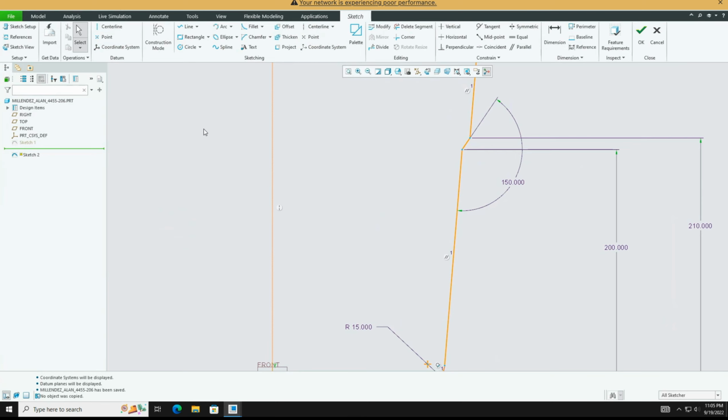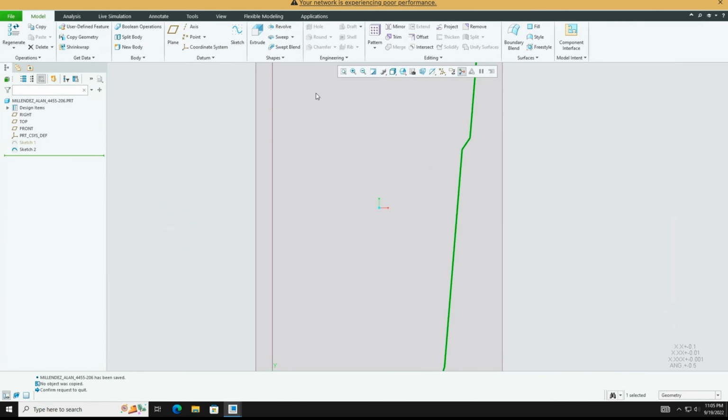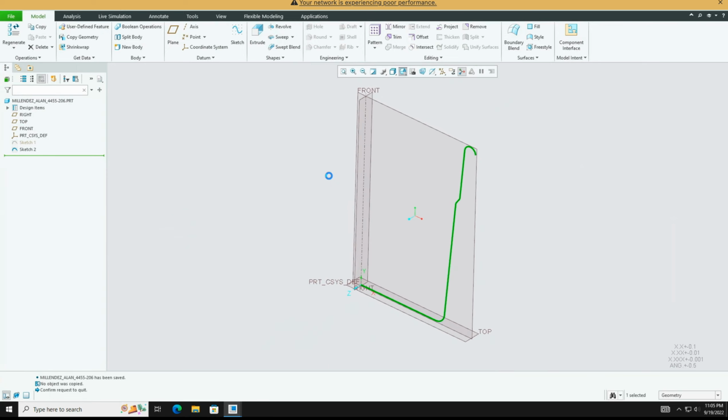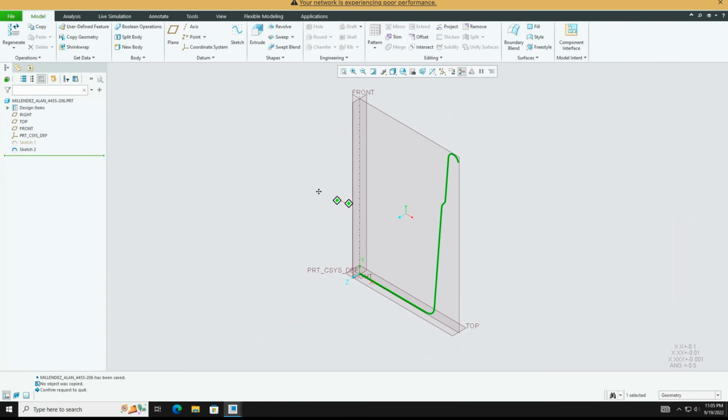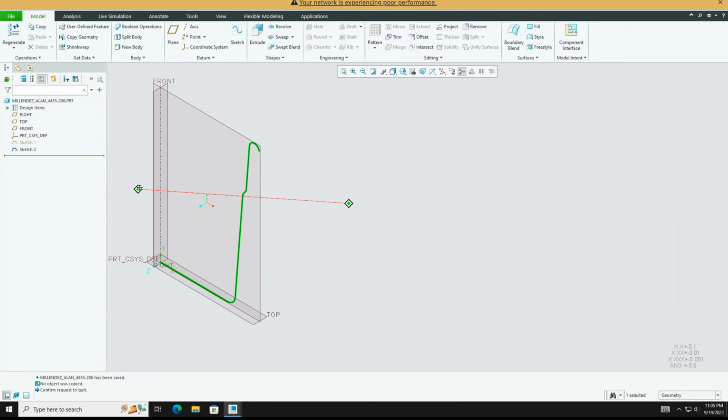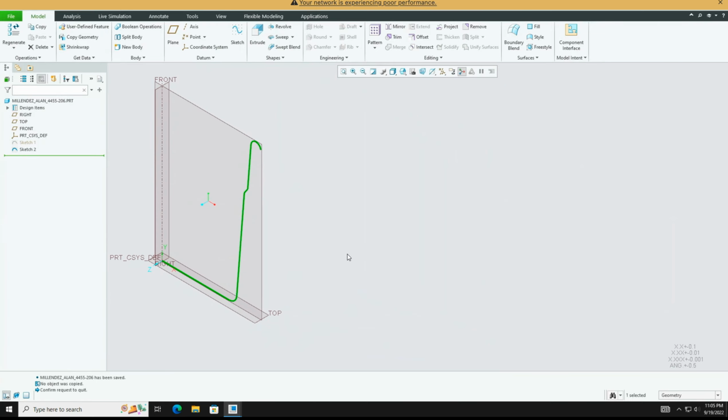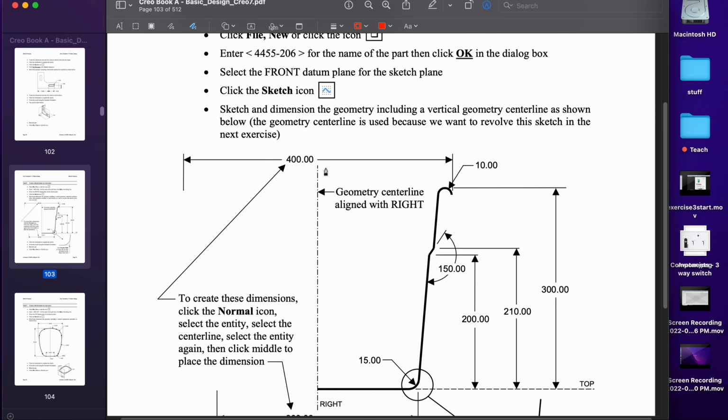All right, so let's undo here. Let's just cancel this, and we already saved this before. Let's just go back and go to standard, and then pan that over here. There you go. Okay, so we did that shape, and we used a geometry center line,